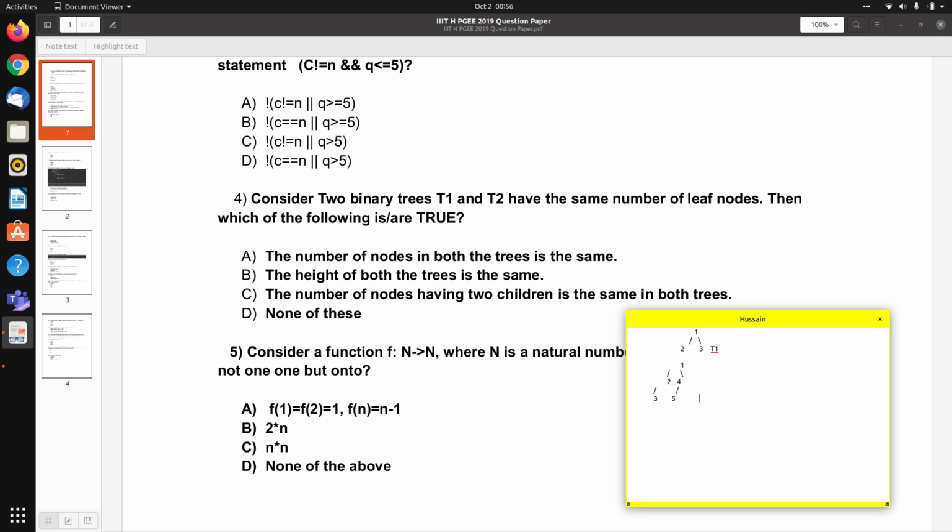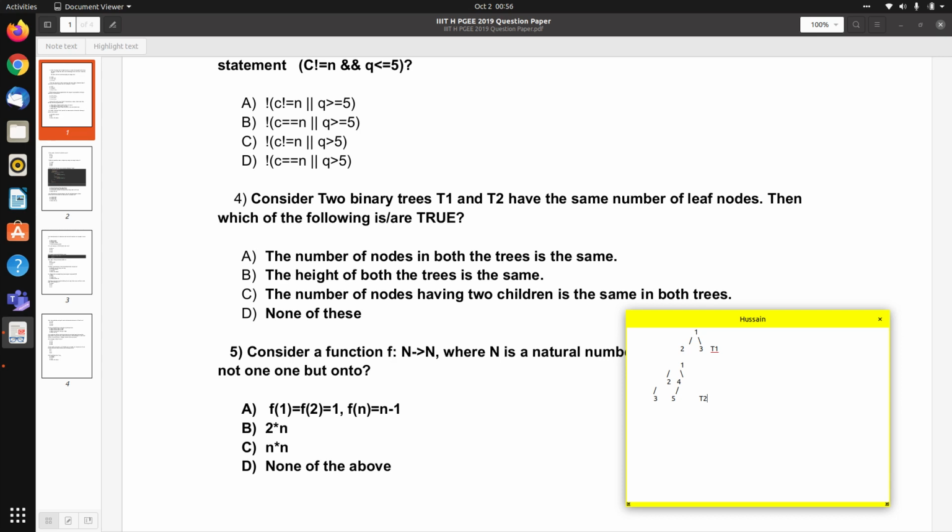This is T2. So let's compare T1 and T2 now. In T1 the leaf nodes are 2 and 3, and in T2 the number of leaf nodes is again 2, that are 3 and 5.